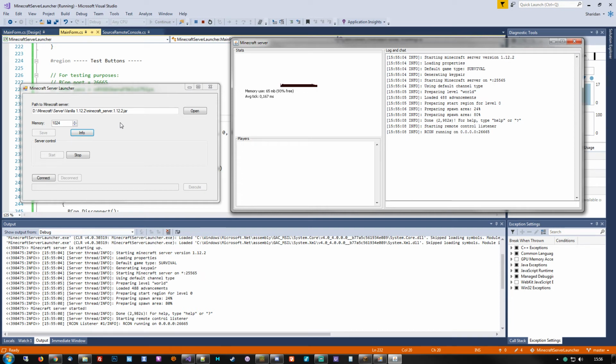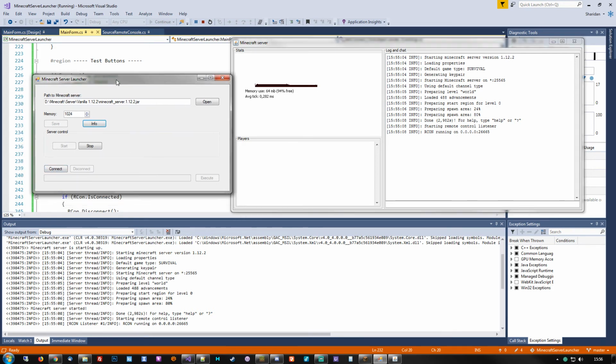The main focus of this project right now is to be able to start up a server, grab the console output from Java, which you can see in the output panel at the bottom of the screen at the moment. It's exactly identical or almost identical to what the Minecraft server window is currently showing. That would be the direct output from Java that I've captured in my server launcher application. The next part is